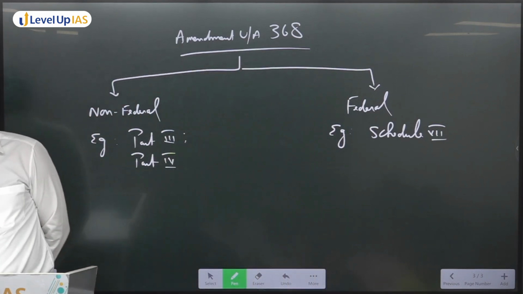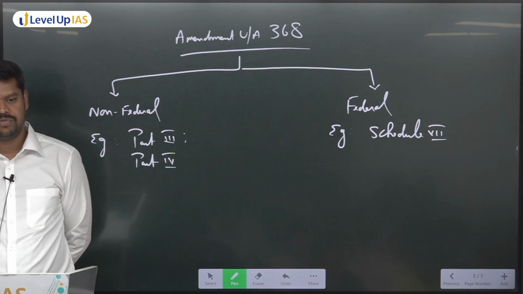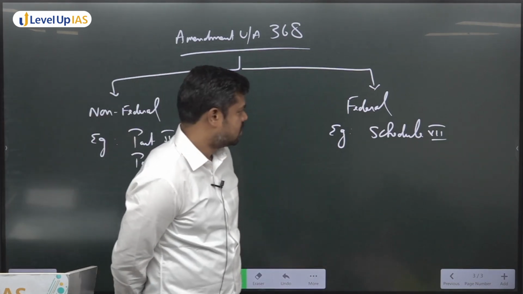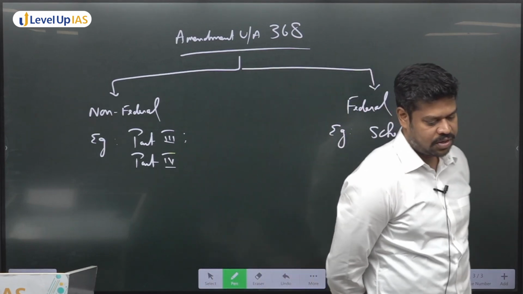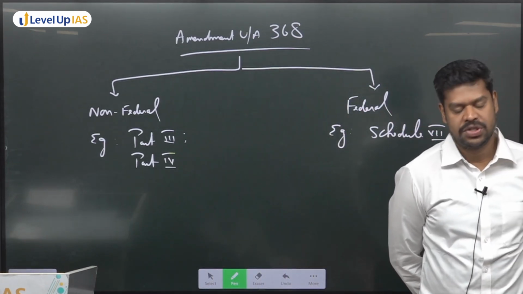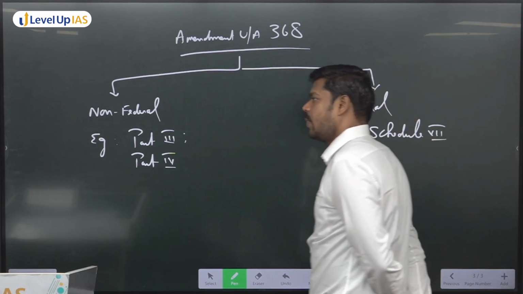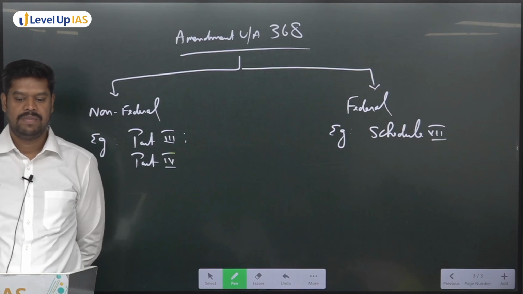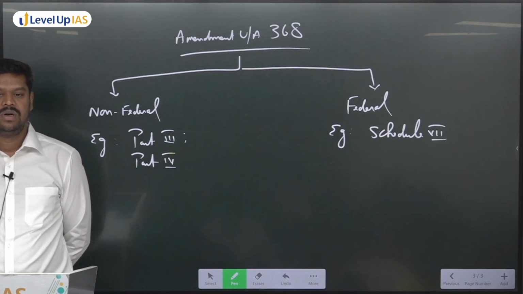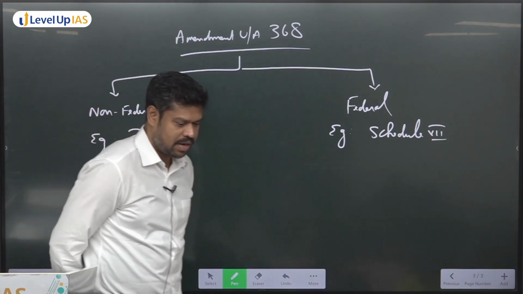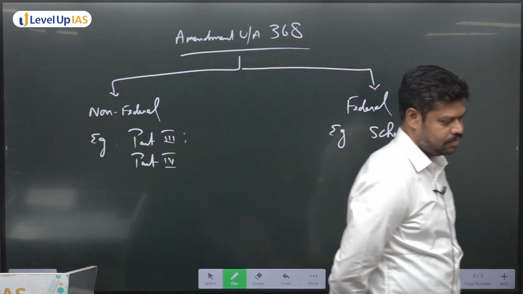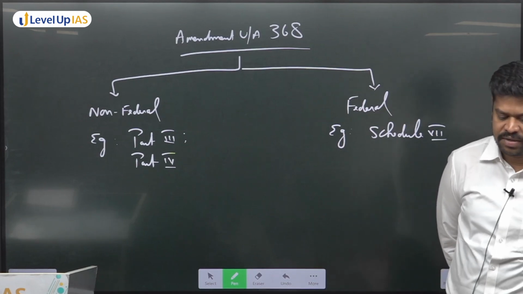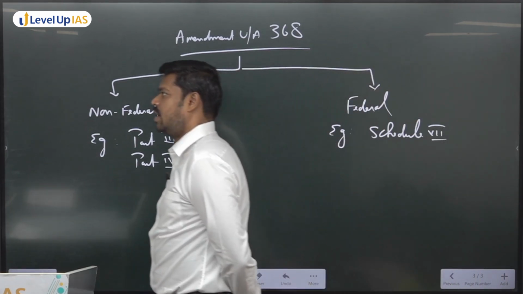In fact, most of the provisions in the Constitution are non-federal. Only a few provisions in the Constitution are federal in nature. Now write down amendment to the federal provisions. Second is federal provision. Any amendment to the Constitution made by the Parliament under Article 368,